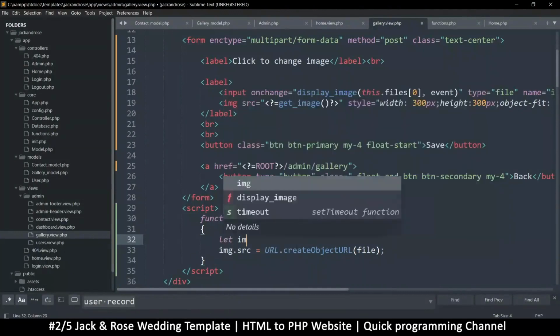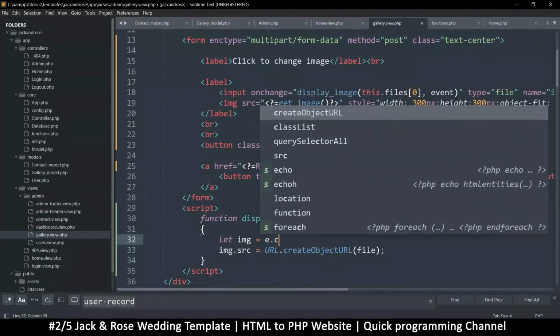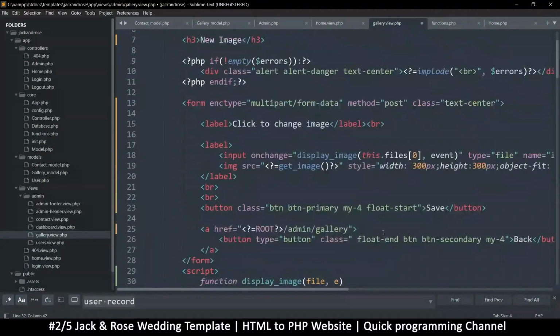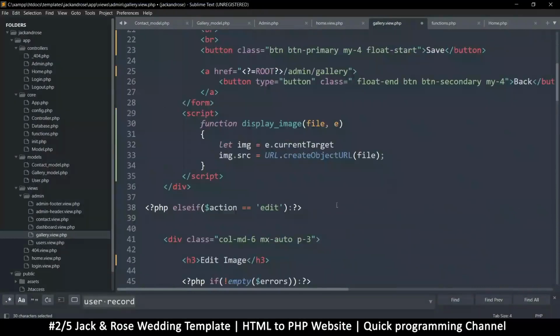So say let img is equal to e.current_target, or we can just say e.target, but let me just say e.current_target. Now, there's a difference between e.target. E.target is what was clicked. So in this case, it's the label. But current target is whichever item had the event listener itself. So e.current_target dot